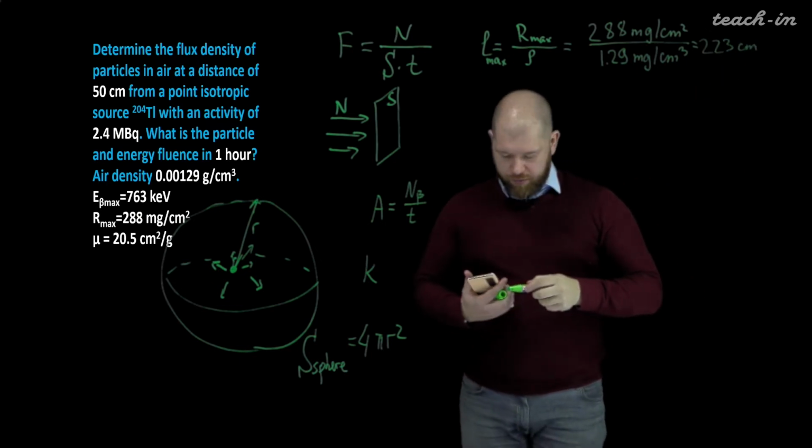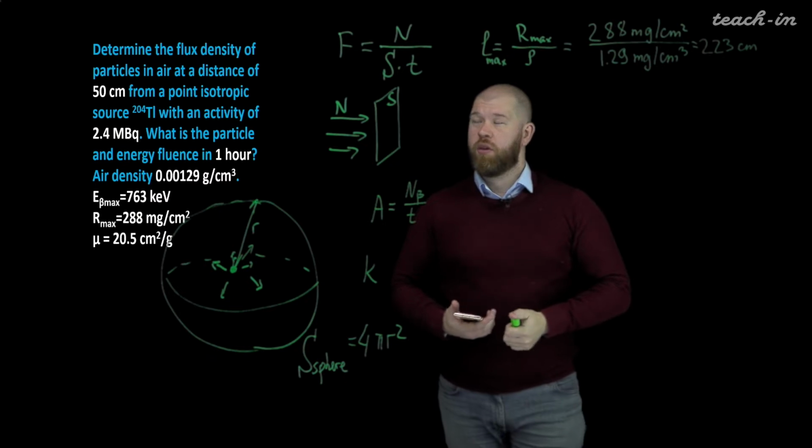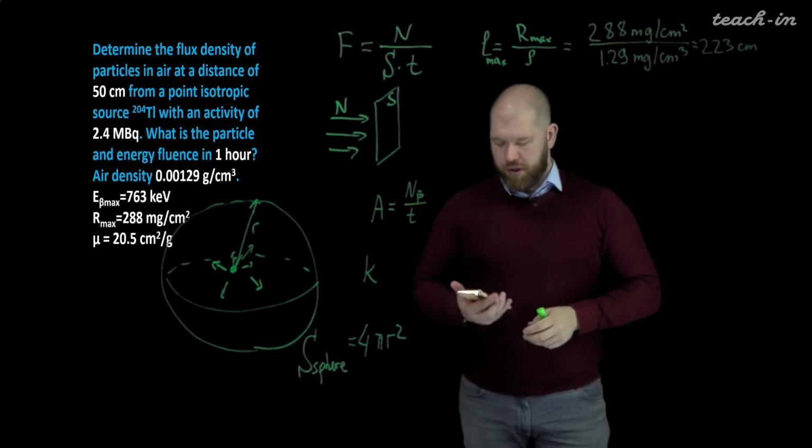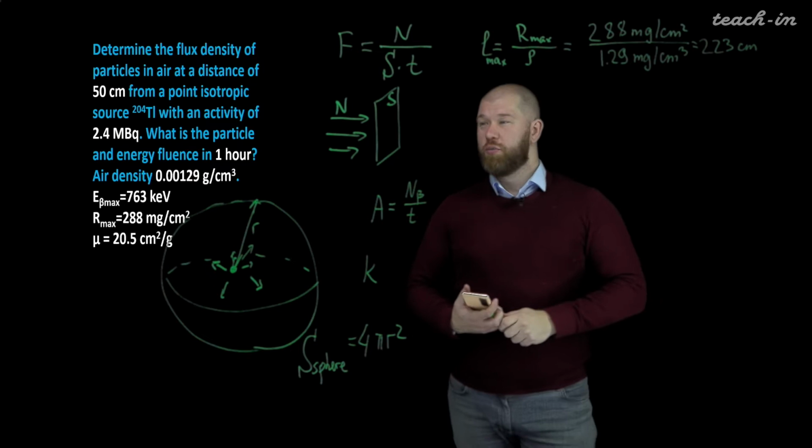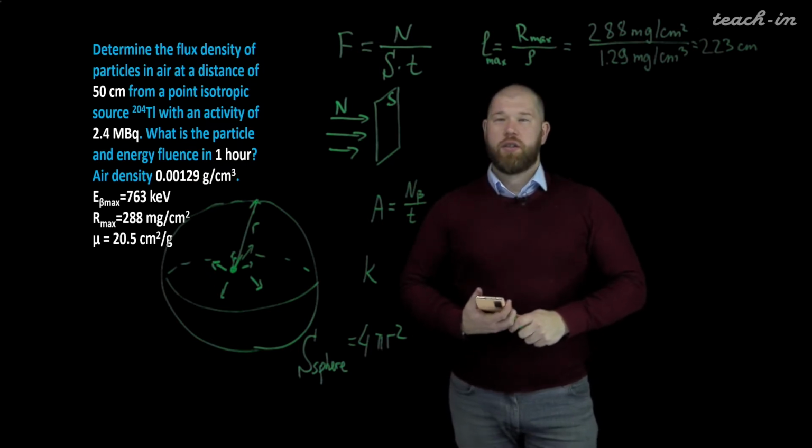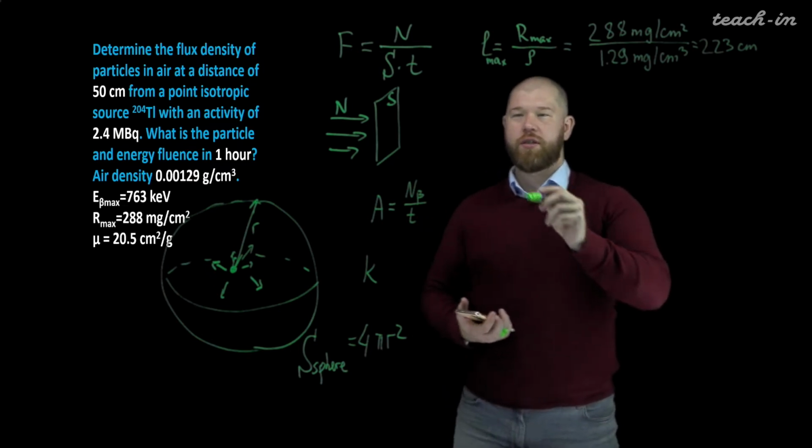So you can see that for thallium-204, the maximum range of beta particles is more than 2 meters in air. And in this case,